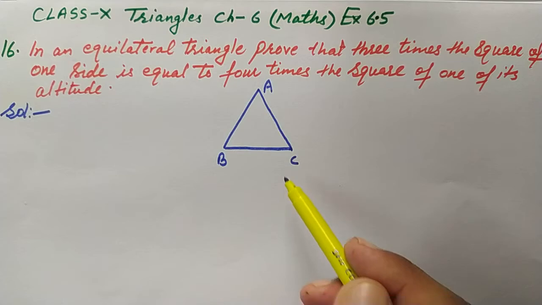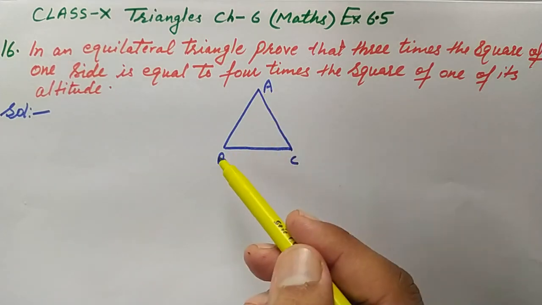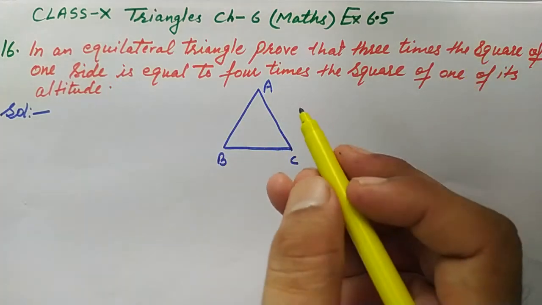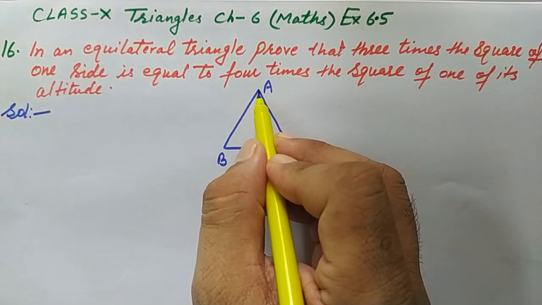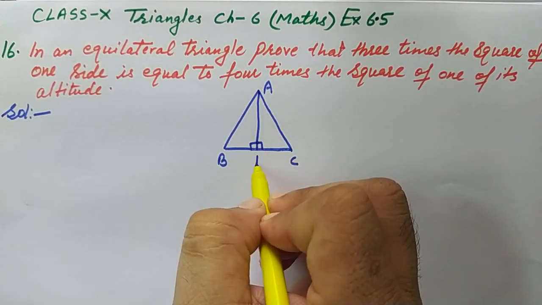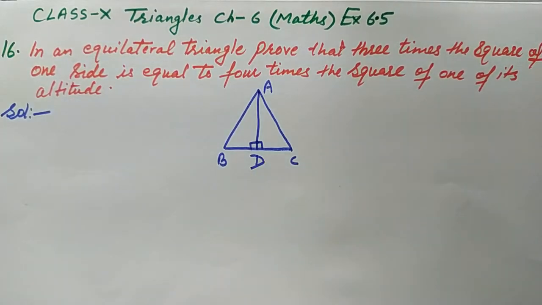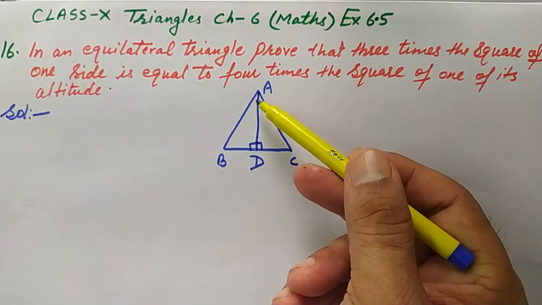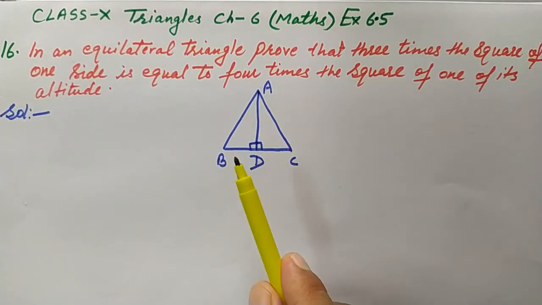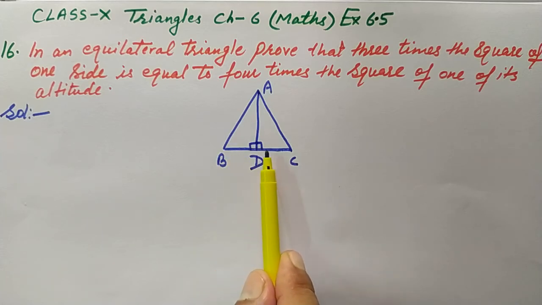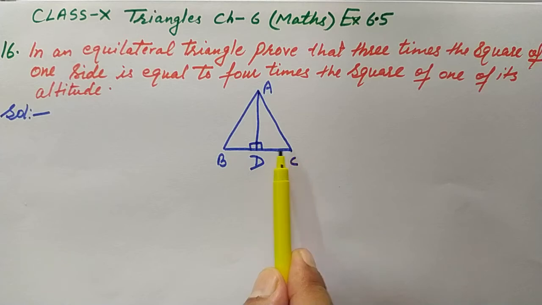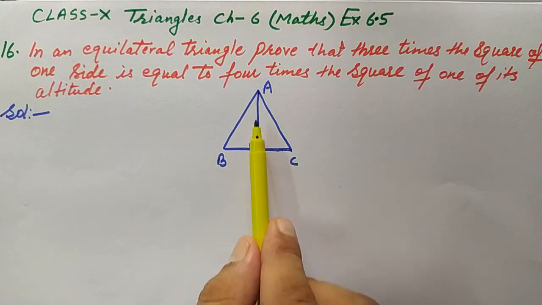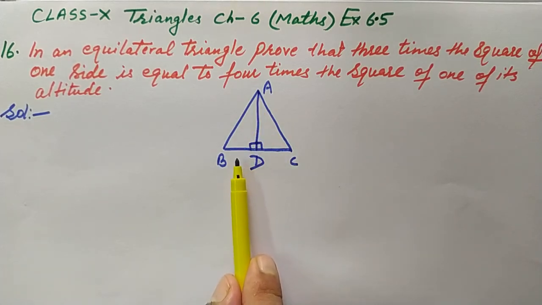So ABC is an equilateral triangle, given. It means all the 3 sides are equal. AB is equal to BC is equal to AC, given, and one altitude is also given. So let's draw one altitude. Altitude means perpendicular. So from A, if AD is perpendicular, that is altitude only. And one thing more I want to tell you, in an equilateral triangle, the altitude is also acting as median. So altitude is median also. It means if it is a 90-degree angle, then here BD is equal to DC also, and that too is equal to BC over 2. BD and DC will be half of BC here, because in an equilateral triangle, altitude is median also, right?